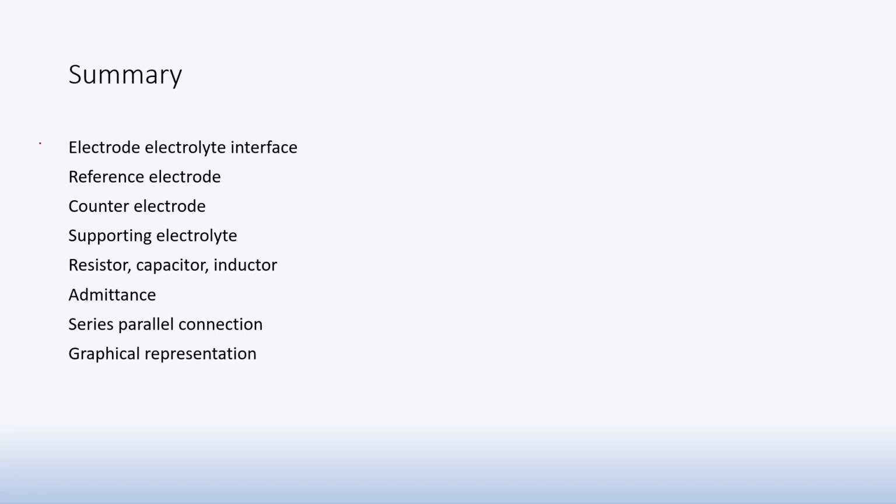So the first thing that was taught was the electrode-electrolyte interface. In which we saw that when an electrode is immersed in an electrolyte, at this interface of electrode-electrolyte, you will see a charge separation. So basically the metals will gain some charge at the interface. For example, if I say it is positive, then from the source,